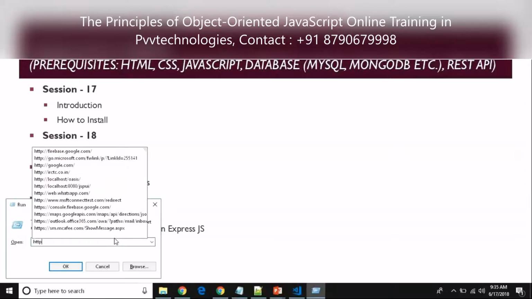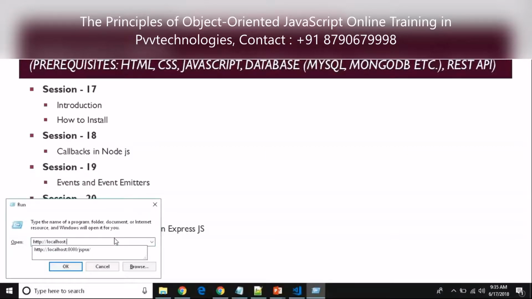Let's say this is my server name, it will be for my local, so it will be localhost, and 4200 is my port number. So Node gives you an environment where you will be able to run and deploy your web applications with the help of this 4200 port number.